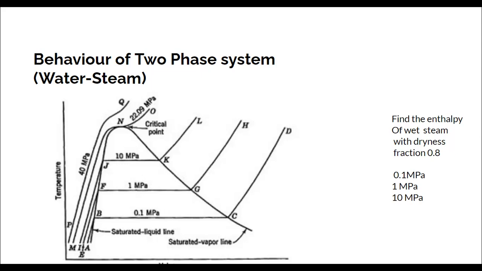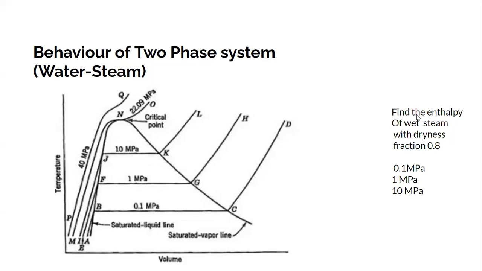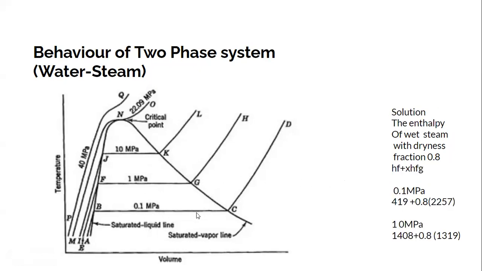So this is how vf and vg values, hf and hg values, sf and sg values are known, and sg minus sf is sfg, hg minus hf is hfg, and vg minus vf is vfg. If you understand this, then it is quite simple to look for the values. Finding the enthalpy of wet steam for all these pressures is very easy from the steam tables by simply using the formula hf plus x into hfg, knowing that hfg is the latent heat of vaporization, which is hg minus hf.